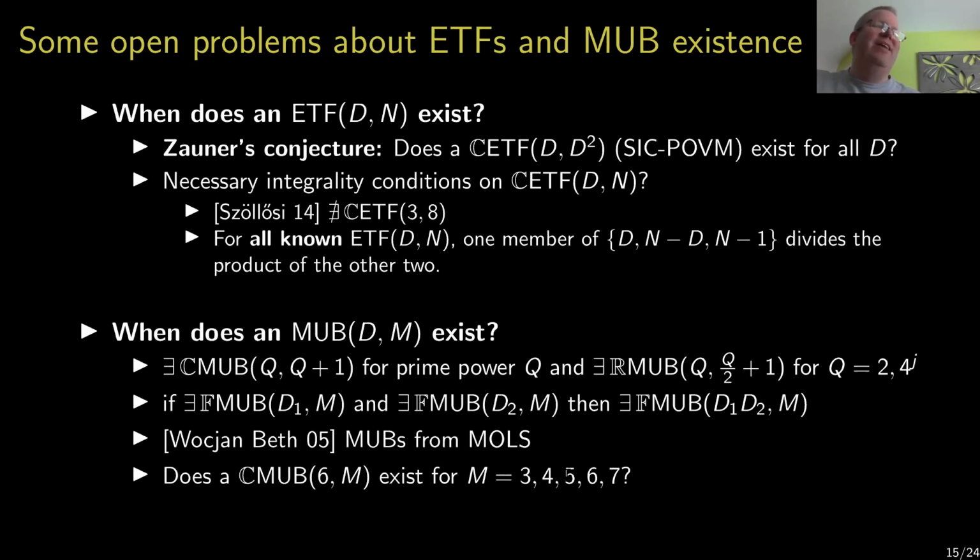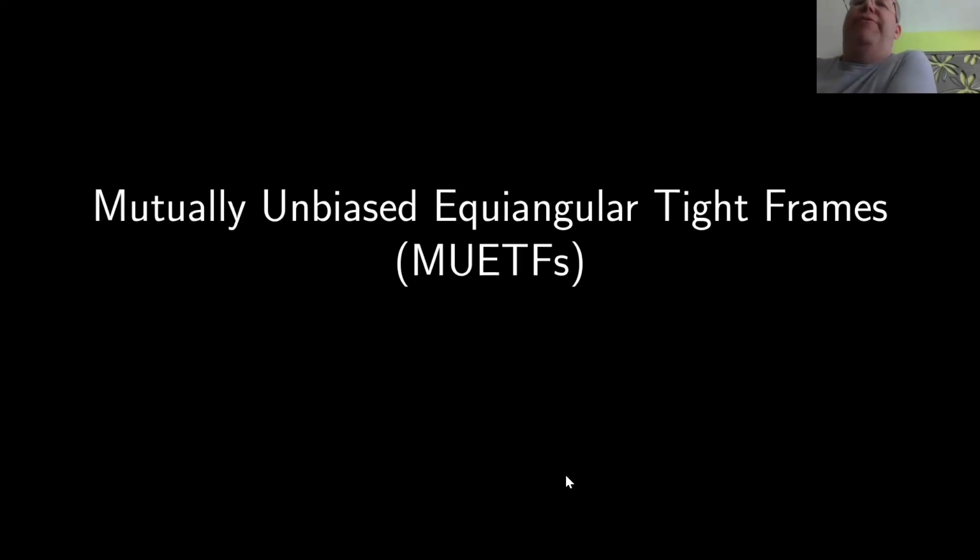You can do a lot of exhaustive numerical searches and be pretty confident about the answer, but if you don't actually have a proof, that still is a bit unsettling. All right, so on the new stuff, onto kind of a hybrid of these ideas called mutually unbiased equiangular type